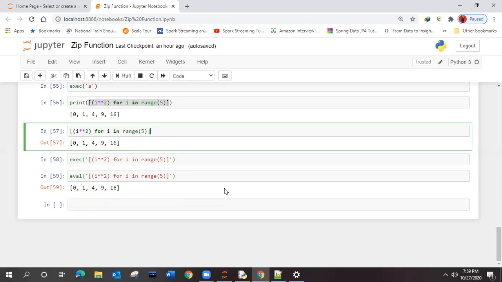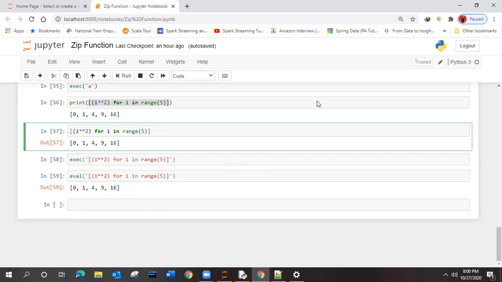So working wise, only one difference is there between eval and exec. Whenever you want to return the value, make use of the eval function. If you want to execute something but hide the output, we need to use exec. That time exec is going to execute. It's clear, the difference between them, right? So when to use exec and when to make use of eval, you need to take care of these things. Working wise, both will work the same. There is no rule that you cannot make use of these two.